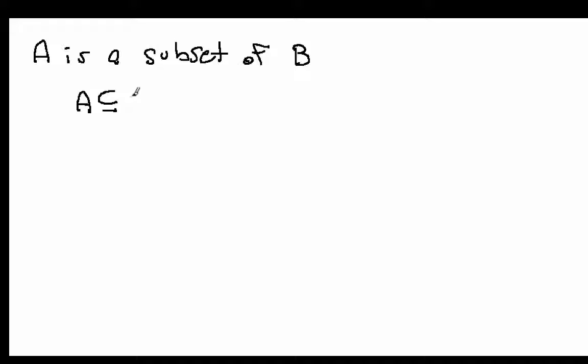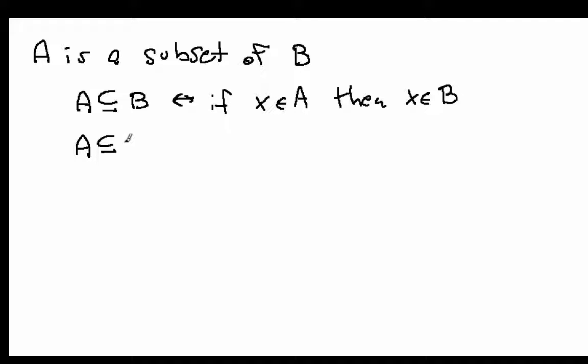Given two sets A and B, we say that A is a subset of B, and we write that this way, if and only if x is an element of A, then x is an element of B. Okay, and we would say that A is not a subset of B, just put a line through it like that, if and only if